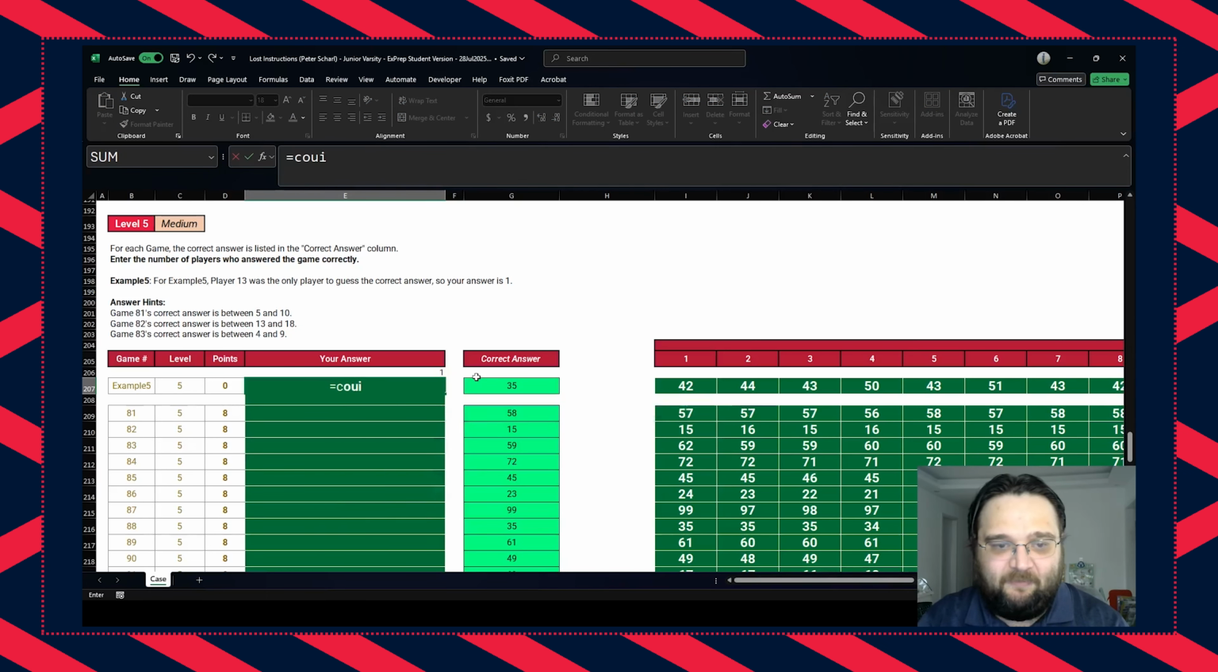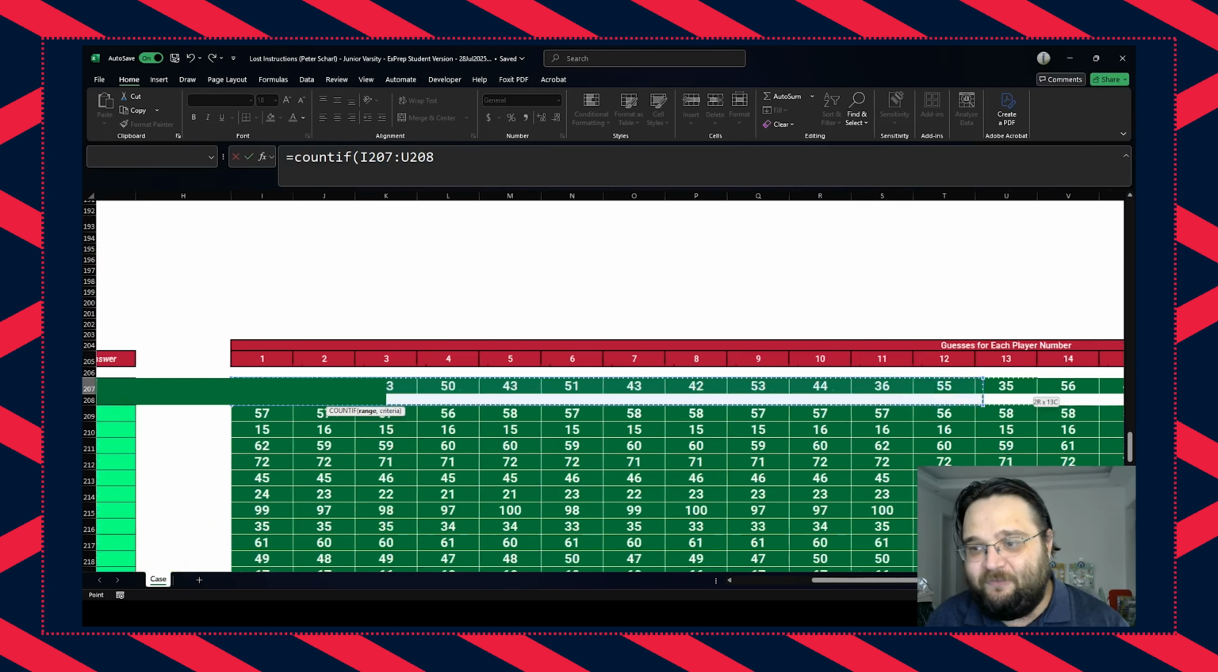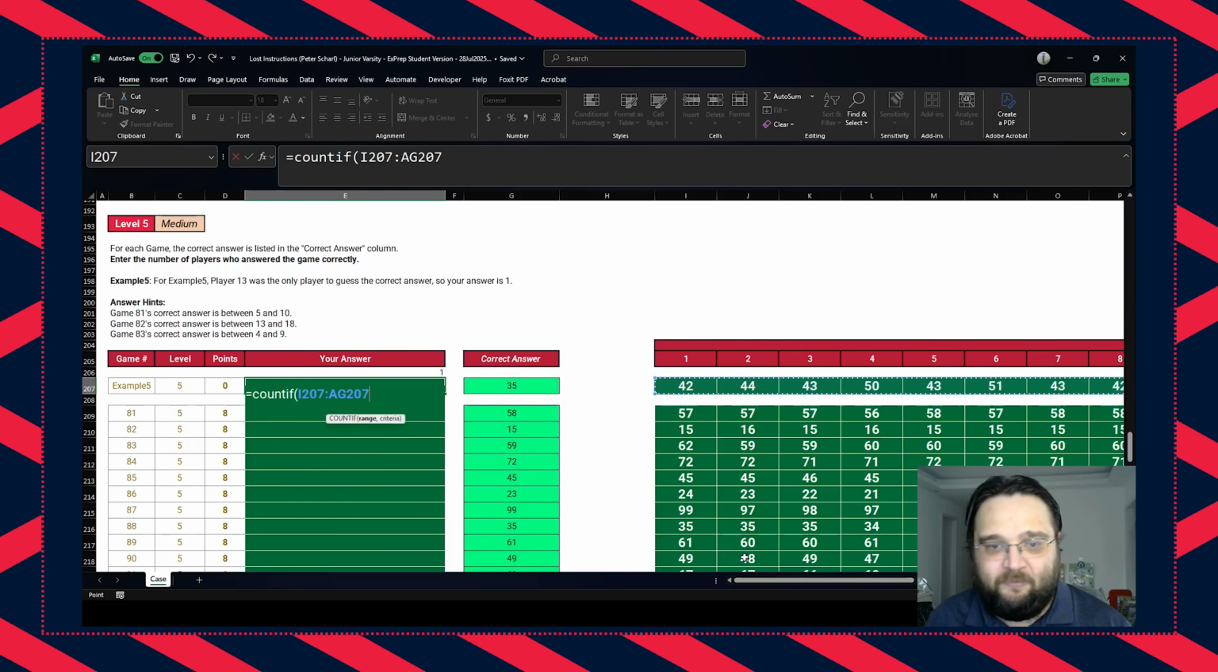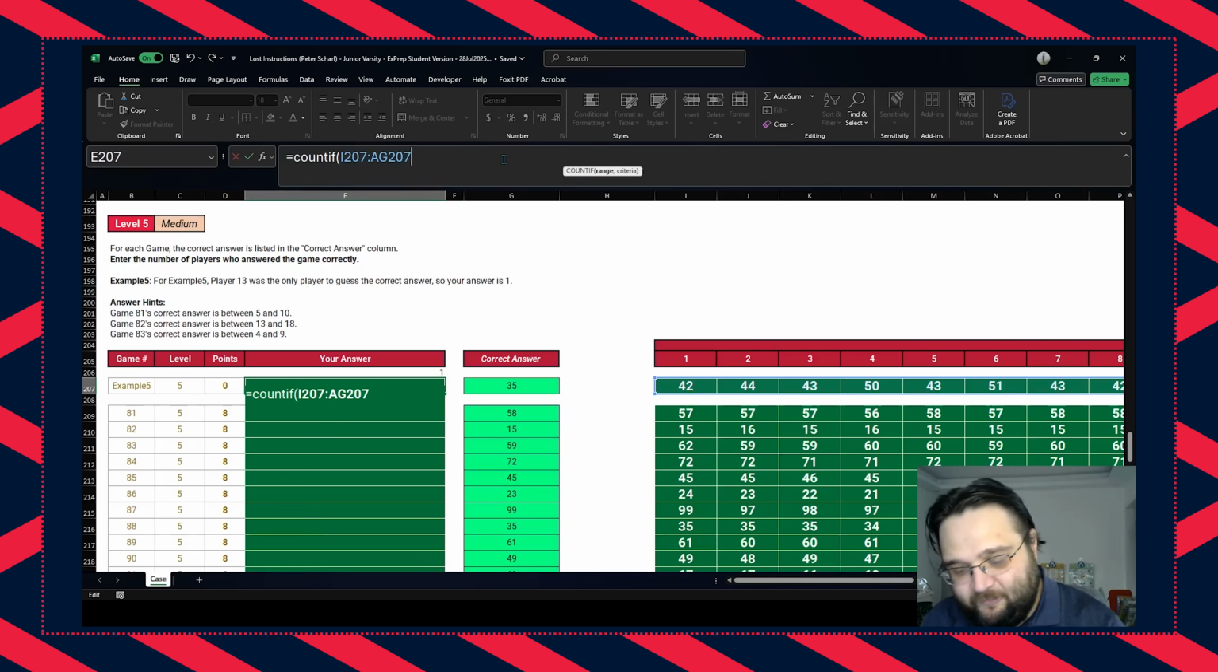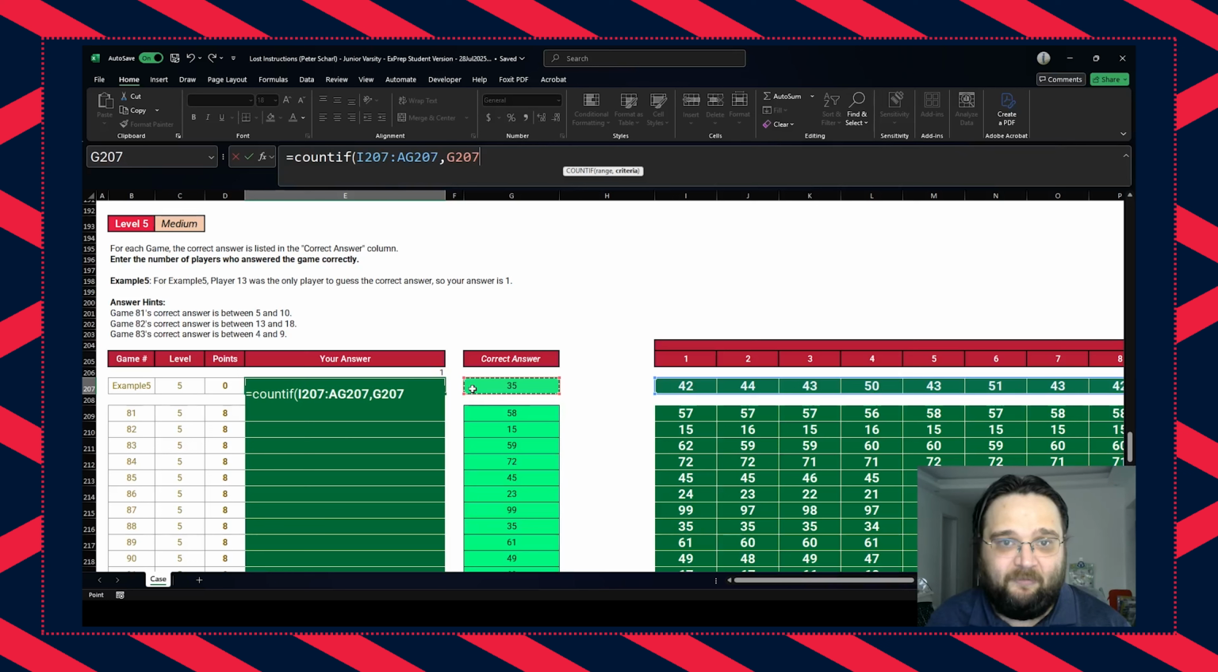So instead of counting only the first player's response, now I'm going to count all 25 players' responses, just like I did with the sum and the max and the min formulas earlier. So COUNTIF takes two arguments. The first is the range, that's my range, the 25 players' responses. And then the criteria is going to be the same. I want to count for that correct answer. So I'm going to click on that cell there, and that should hopefully tell us that one player did get